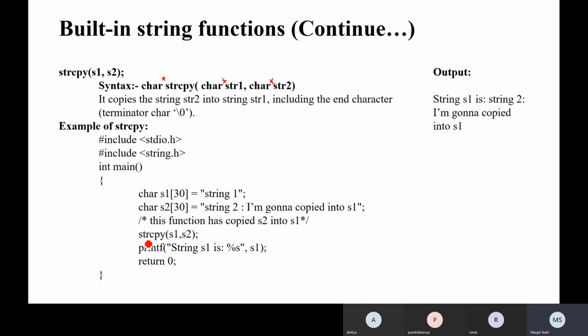Then we simply call strcpy(s1, s2), so automatically it will be copied to s1. We print "String s1 is %s", and the content is the actual content of string 2, which I copied into s1. Fine, so this is how the strcpy function works.